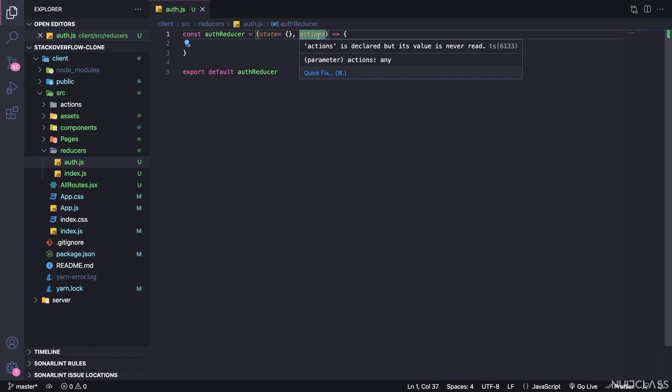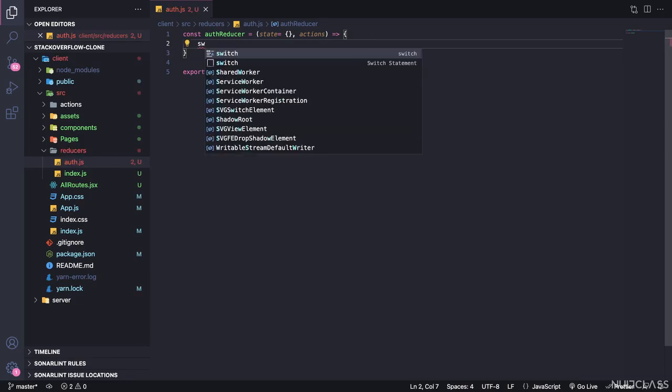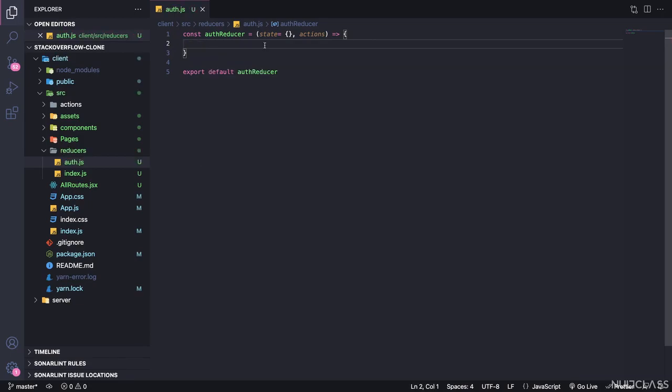We have a lot of actions that are going to be performed. So I have to check those actions, like if action triple equals auth or logout. Instead of doing things like this, I can use a switch case,